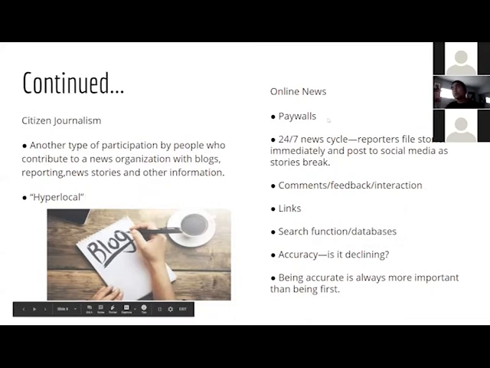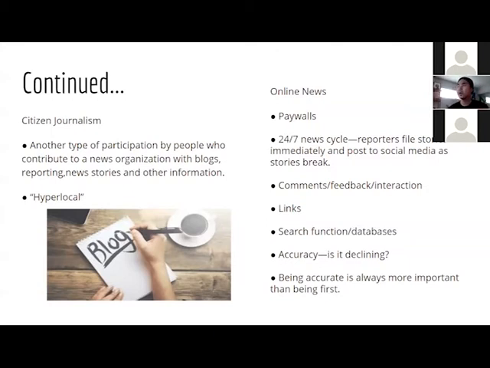Another thing is online news. There's something called paywalls. Paywalls are fairly new, and that's the way for news companies to earn money. In the past, you would have to buy a newspaper for 50 cents, 25 cents, $1. Now, if you want to look at it online, you look at one article, but after that, you have to pay extra to read the rest. You go to the LA Times, they give you like 2 articles for free. Then if you keep clicking around, something will pop up and say please subscribe, right? So paywalls are a new thing.